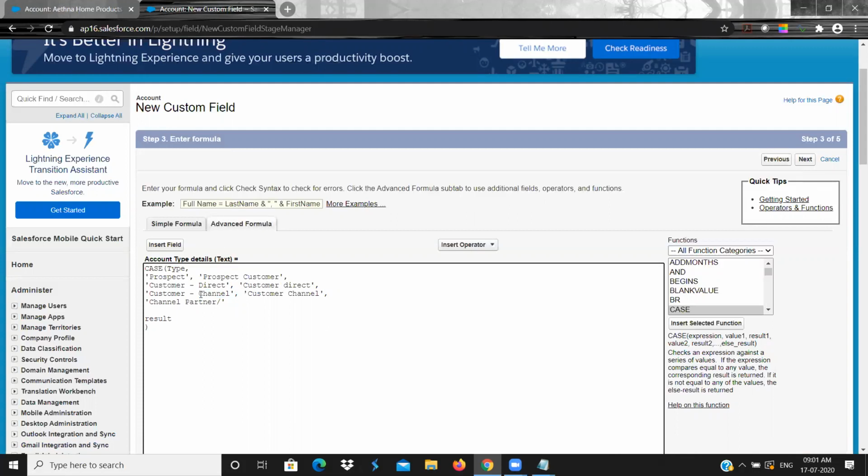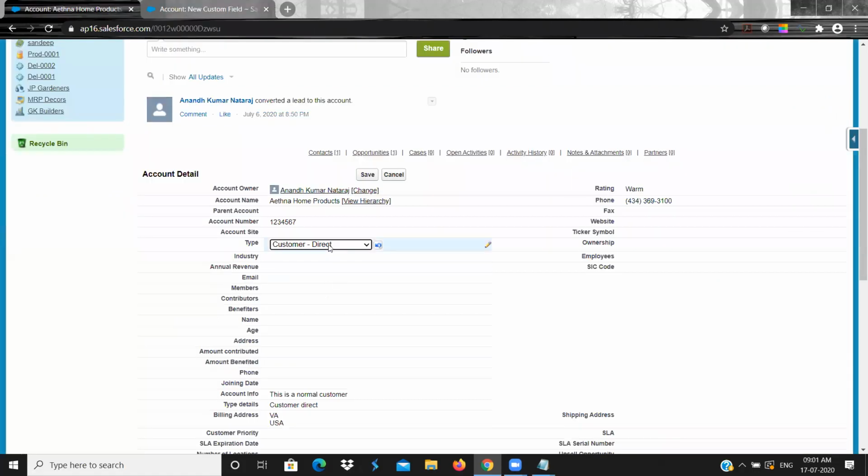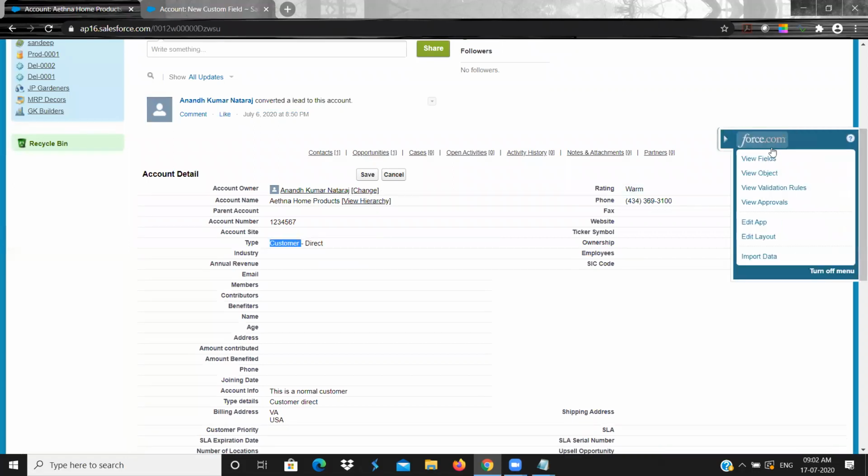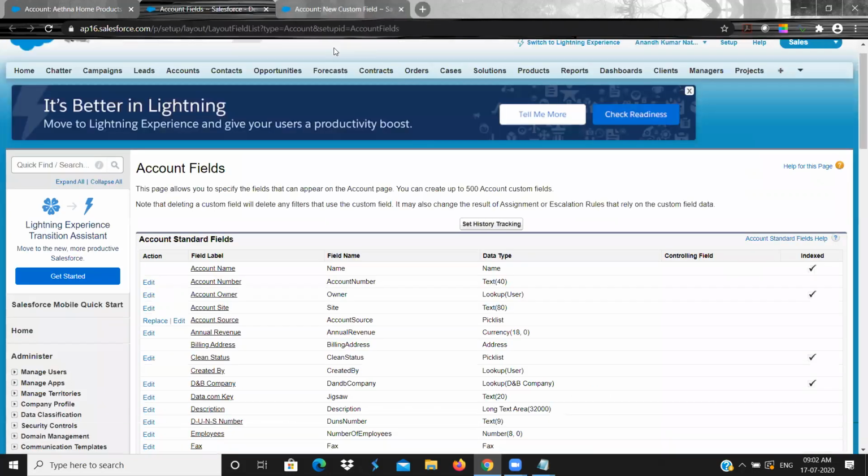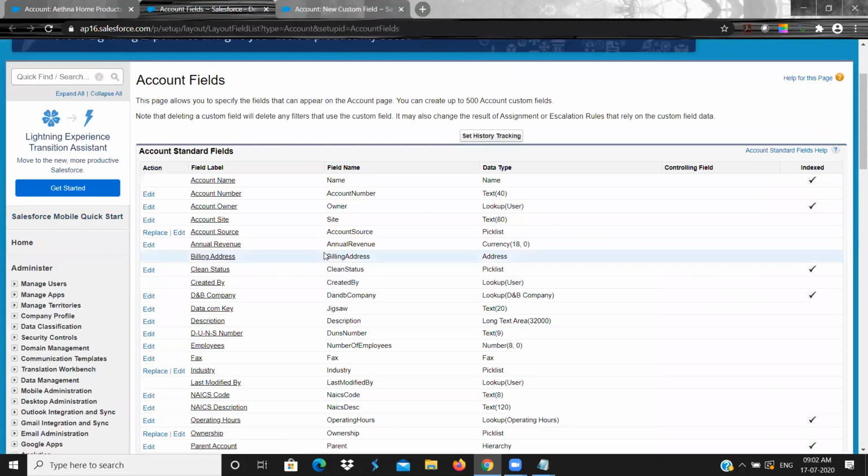Space also you should give properly, and hyphen also you should give properly. Okay, it is not case sensitive, but it is very important to give the correct value. If you wanted to find the correct value, what you can do is go to the field, and you can go to the type field.